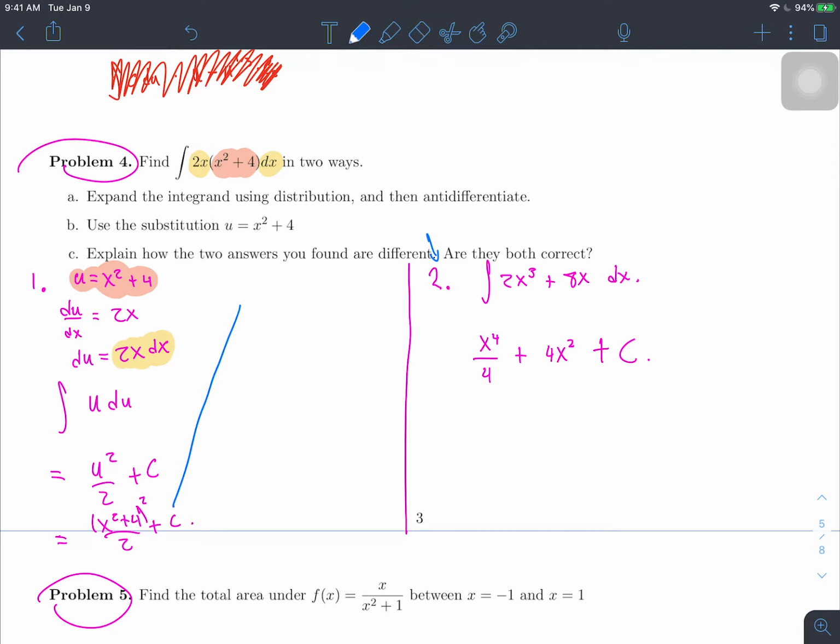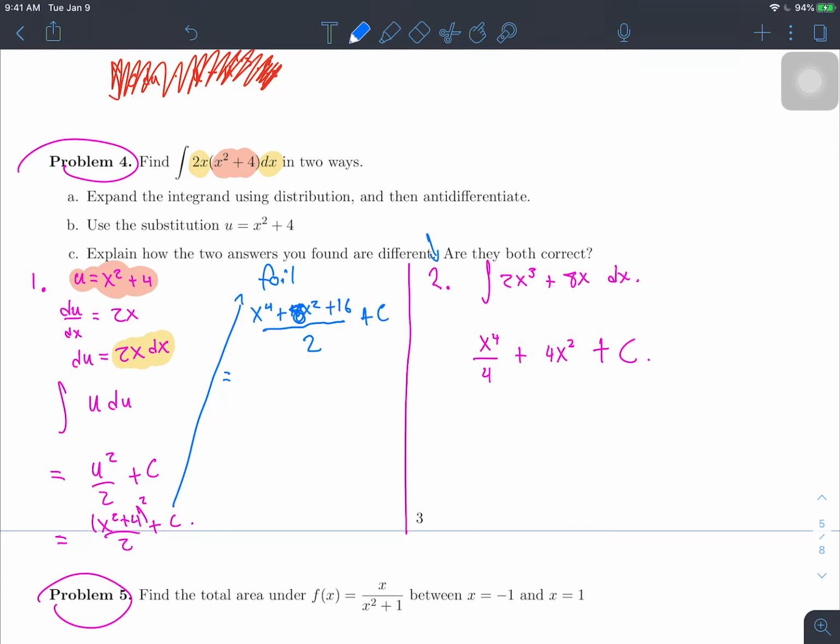If we foiled, we get x to the 4th plus 16x squared, sorry, what am I doing? x to the 4th plus 8x squared plus 8x squared plus 16 over 2 plus c, and that would be equal to,